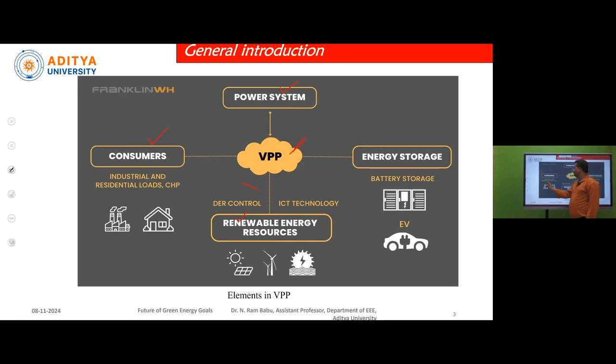First one is residential, which we will be using for household appliances. Next one is commercial consumers. That means shopping malls, exhibitions kind of thing, and etc. And the third one is industries. So in general, the consumers are divided into three categories: residential, commercial, and industrial.